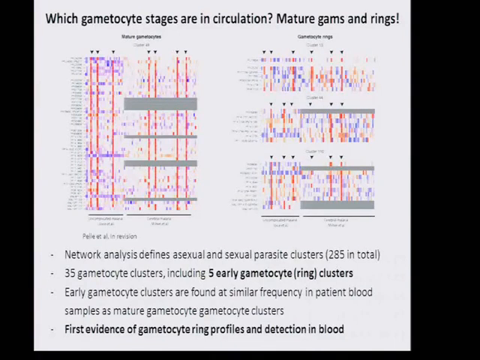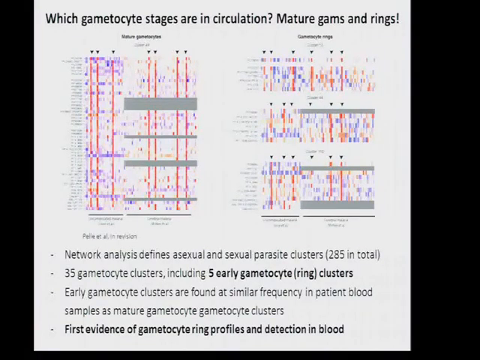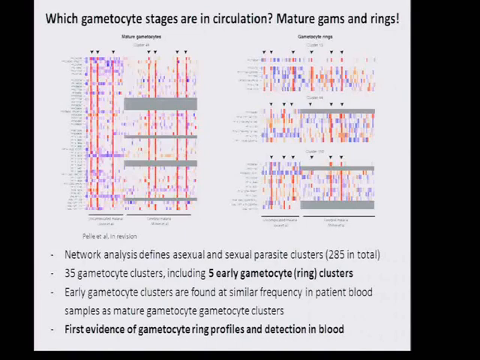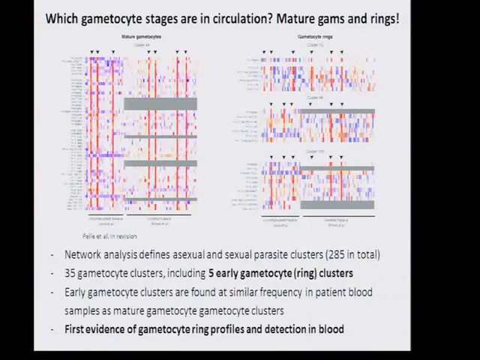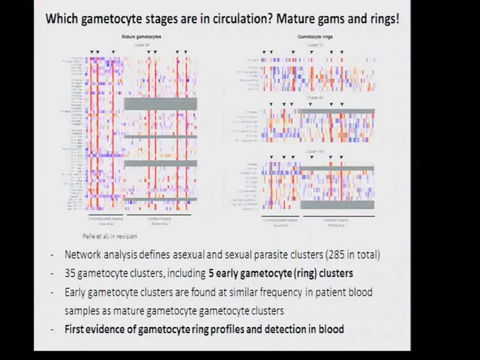So what you can see here on the left is one of these mature gametocyte clusters, which contains a number of known mature gametocyte genes, such as PFG377 or PFS25. And on the next axis here, you can see in each column one patient microarray data point, here from a study in Senegal and here from a study in Malawi. And what you can see is that in a subset of patients, all these genes are expressed. So in 3 patients from Senegal, you can find all of them expressed, and in 4 patients from Malawi.